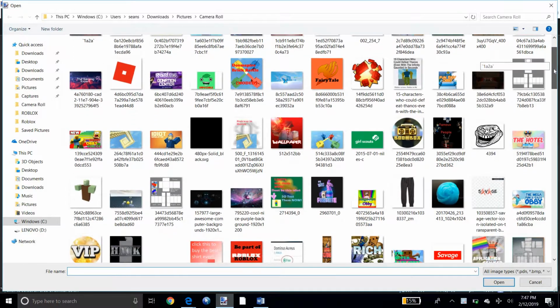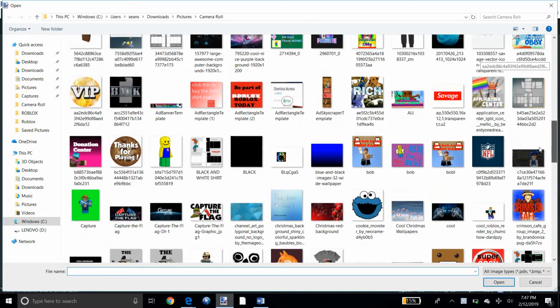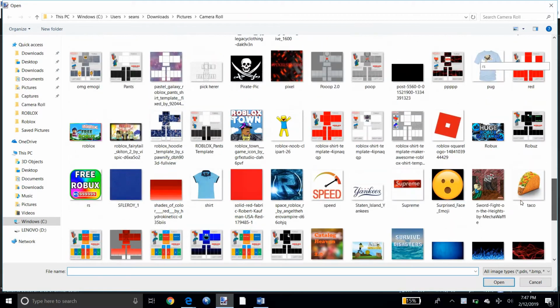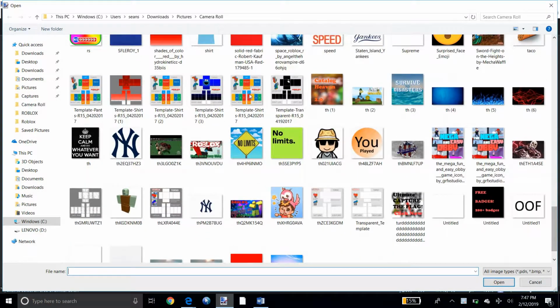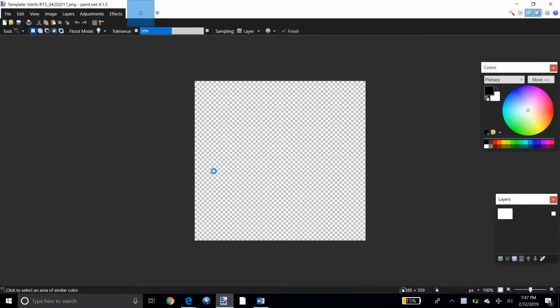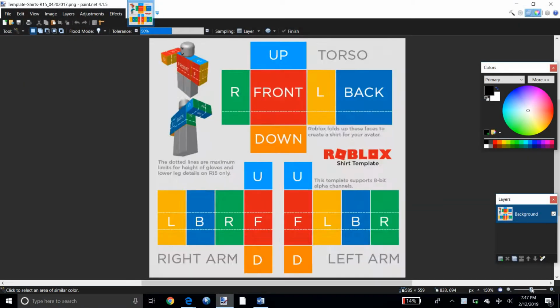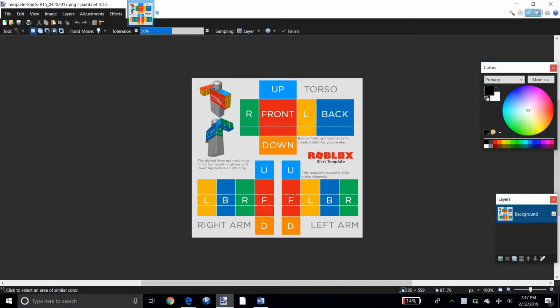and find the shirt. Hold on. Okay. This. So it'll look like this when you first get it, like when you first download it. So what you want to do is just hit Control, and then take the magic wand and click, and just click all of them. Press it while pressing Control. Just keep clicking them, and then